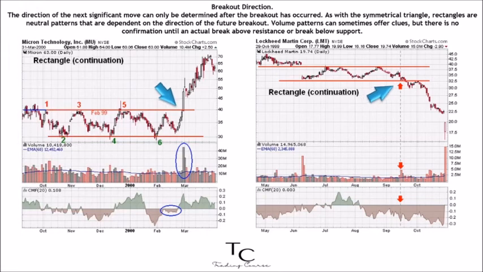Breakout direction. The direction of the next significant move can only be determined after the breakout has occurred. As with the symmetrical triangle, rectangles are neutral patterns that are dependent on the direction of the future breakout. Volume patterns can sometimes offer clues, but there is no confirmation until an actual break above resistance or break below